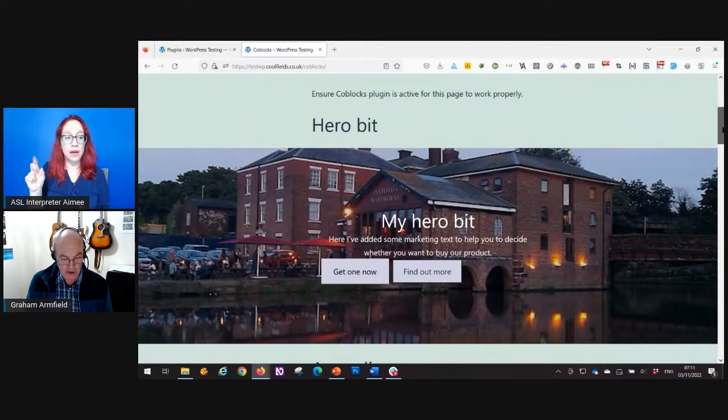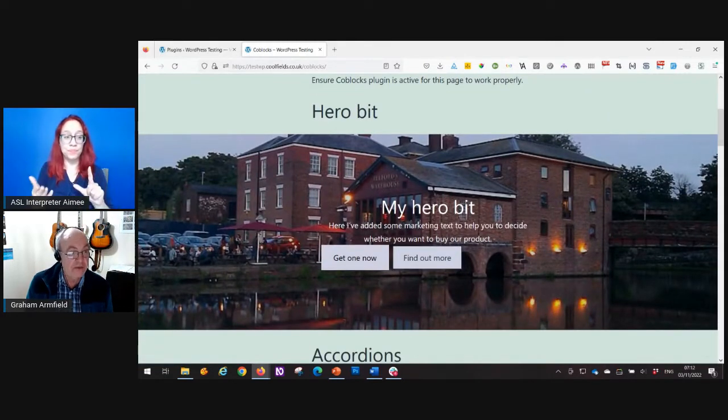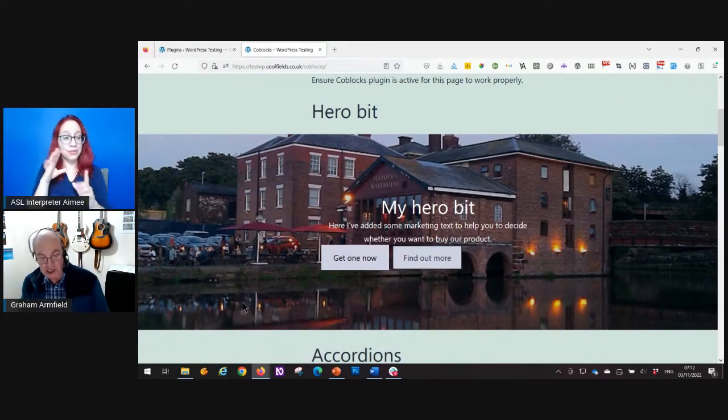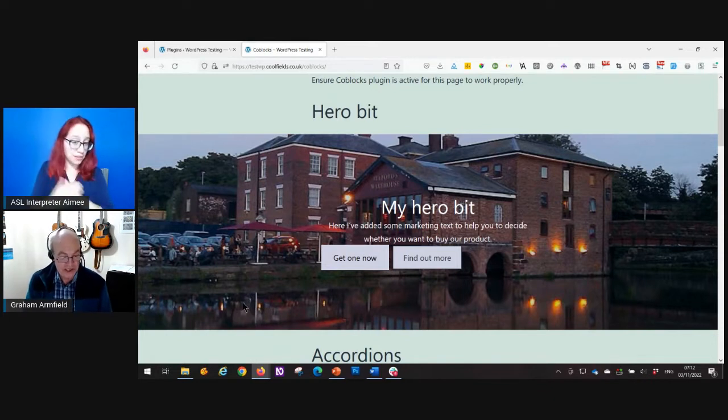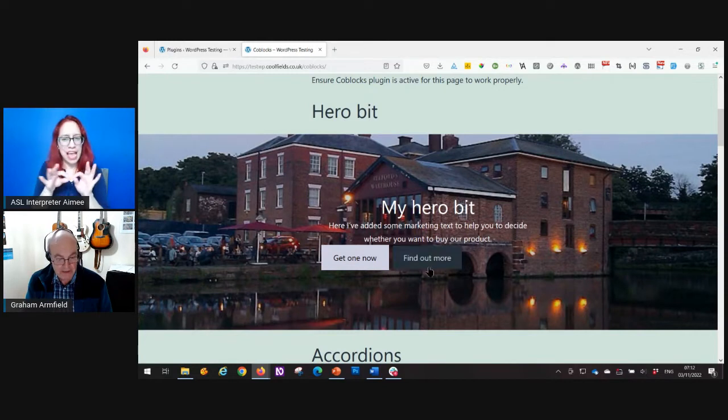Now, the first one I've got is a hero image. Once again, I've got text directly on the image, but I've specifically chosen a darker image here. This was taken almost at sunset, and so the text shows up quite nicely. But if you had a light image, I'm sure it's possible to change the color of this text appropriately. But it would be nice to be able to put some kind of underlay under there.